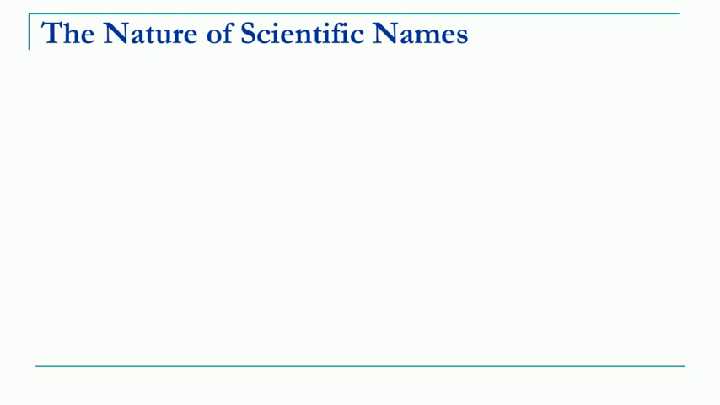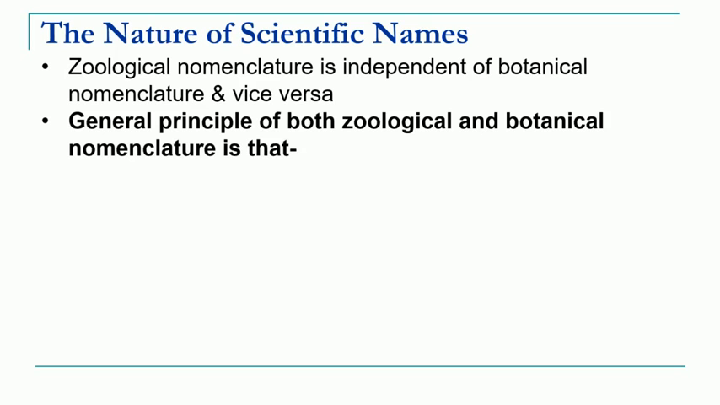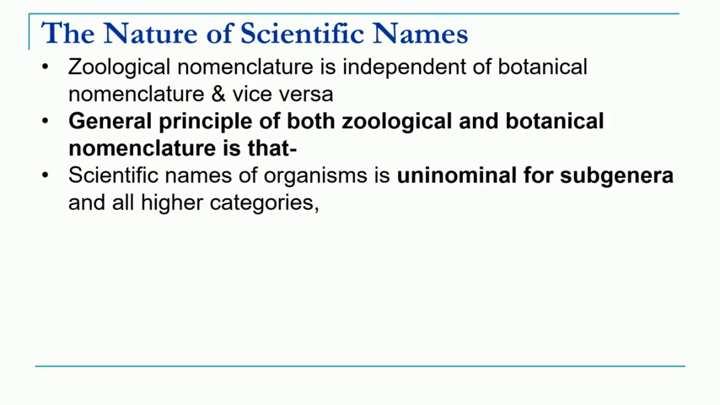Now we come to the final part of today's discussion, the nature of the scientific name. Zoological nomenclature is independent of botanical nomenclature and vice versa. Botanical nomenclature follows some rules, and similarly zoological nomenclature has its own system. The general principle of both zoological and botanical nomenclature is that the scientific name of an organism is uninomial for genera level or subgenera level